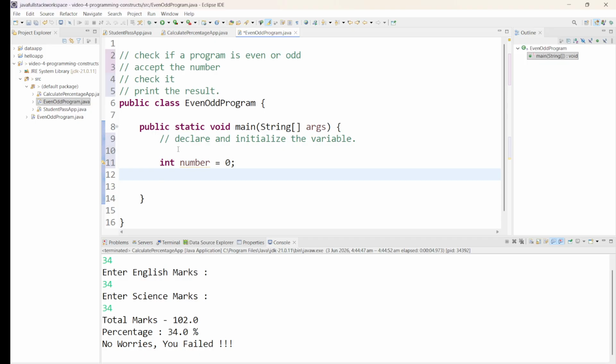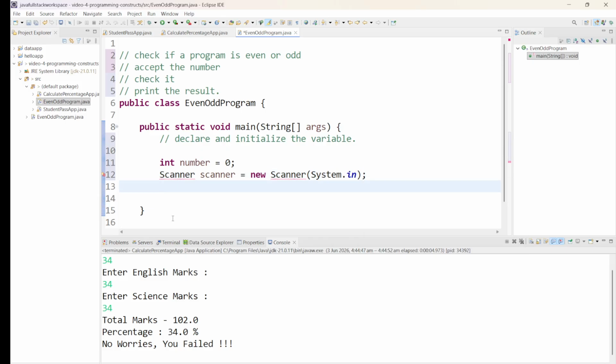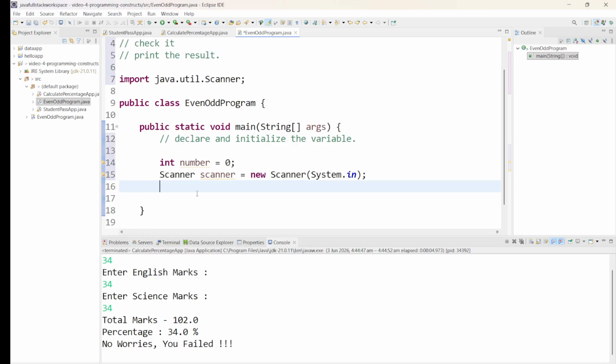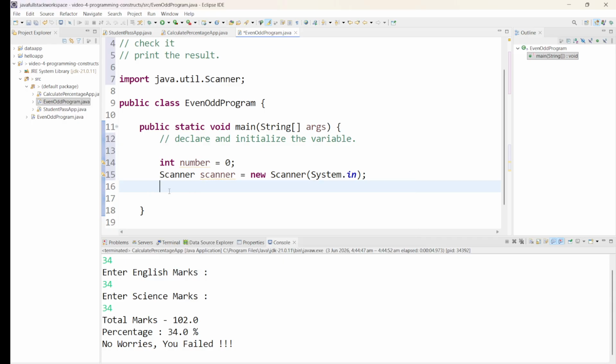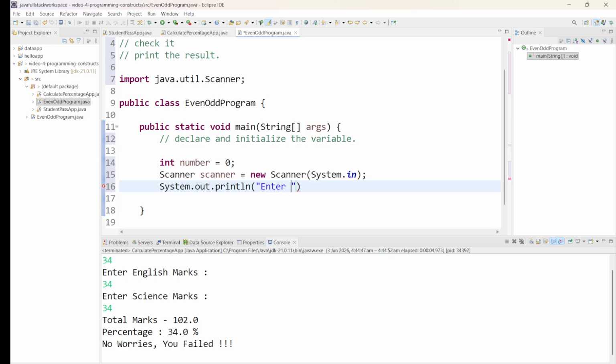Code has to be readable. It should be like English. That's what I was trying to say. Now you accept the input. So it says Scanner scanner is equal to new Scanner(System.in). Go there and select import. If you hover over, you get that. The second thing is System.out.println, enter the number,